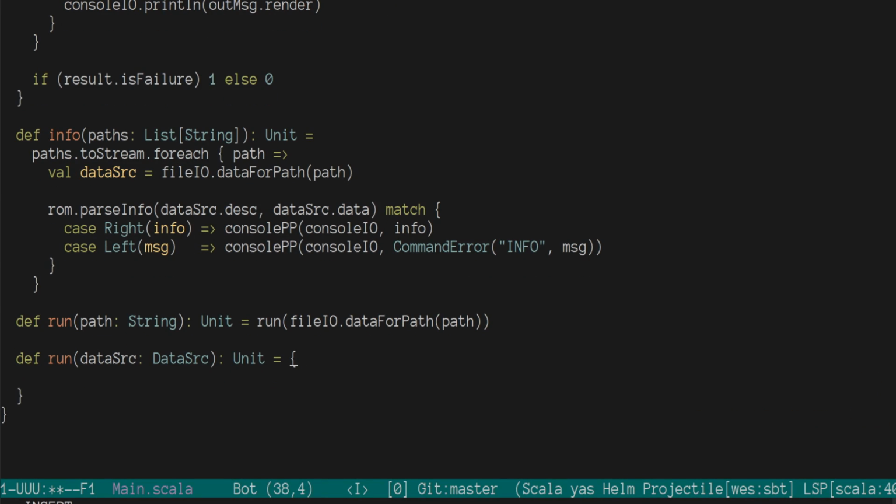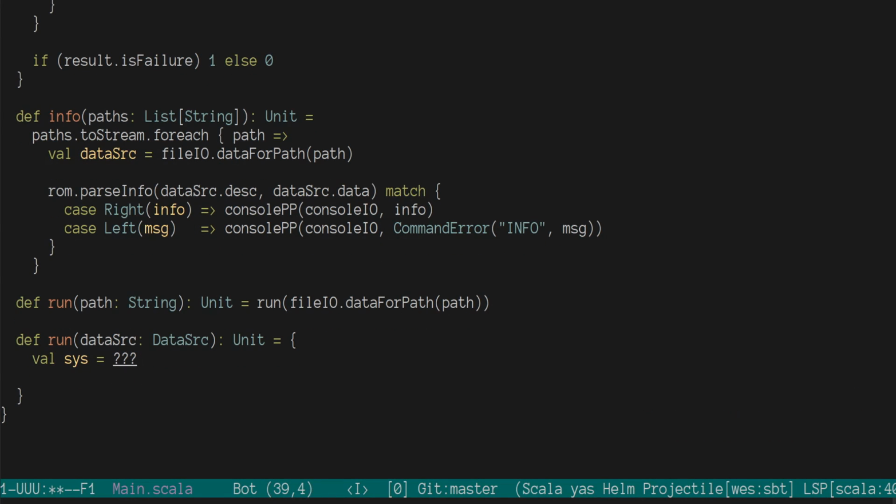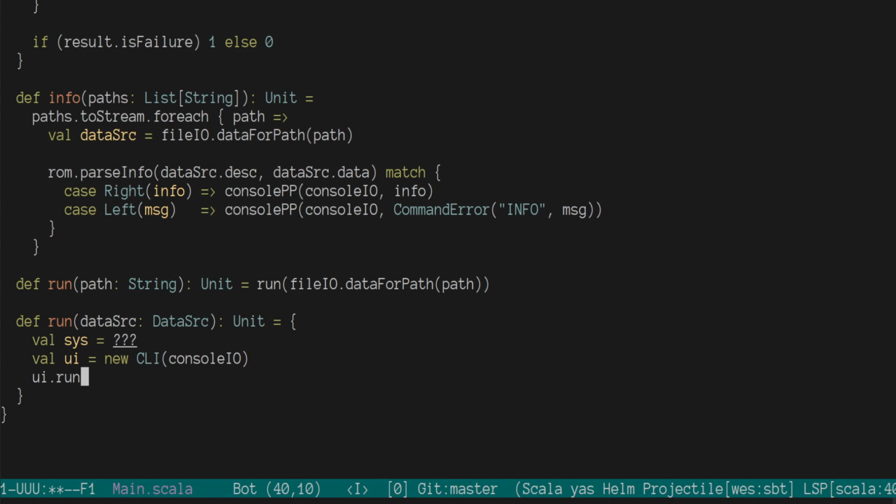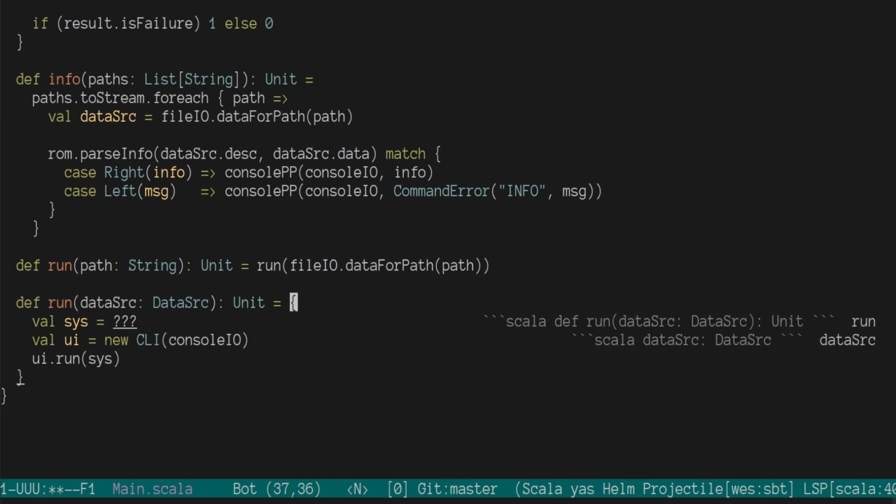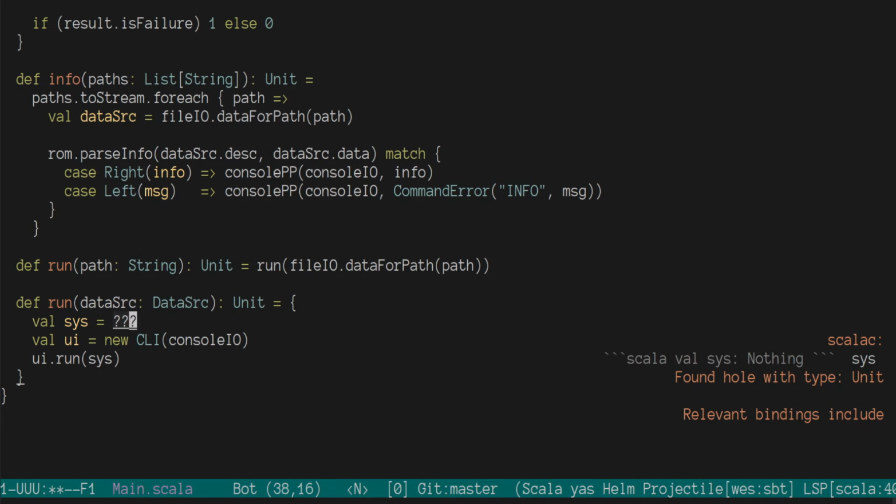Okay. So for now, we have some system that is an NES. I don't know what that is. And we have some UI, which we'll call a CLI. Why not? It is a command line interface. And we know that's going to be defined on this same console I/O thing. That was the whole point of introducing console I/O. And then I actually just want to dispatch to that run. And we want to say it takes a system for input. We still don't really know what this system is going to be, but this is going to get us to